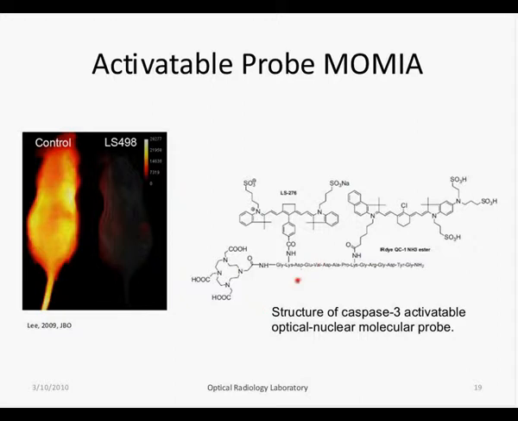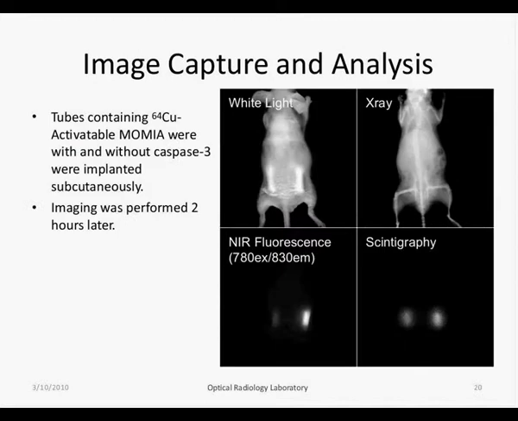Ideally, this would be used for detection of apoptosis once it enters the tumor cell. But as an initial example of how this multimodal imaging agent can be used, we labeled the agent with copper-64 and filled tubes with the agent, and either the agent with albumin as a control or with caspase 3, and then implanted those tubes underneath the skin of the mouse and imaged the mouse 2 hours after